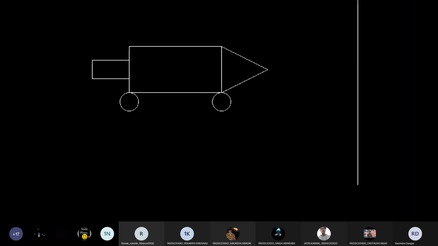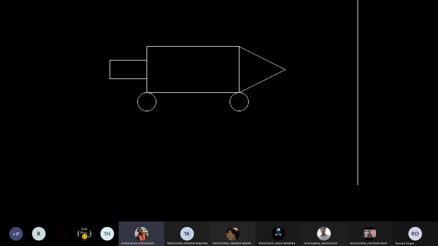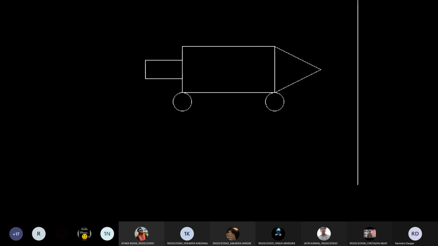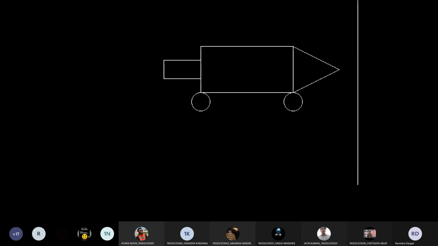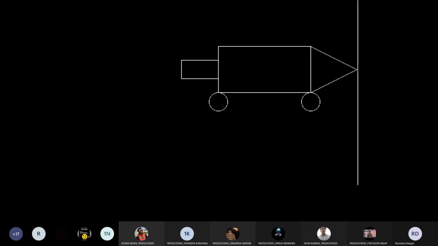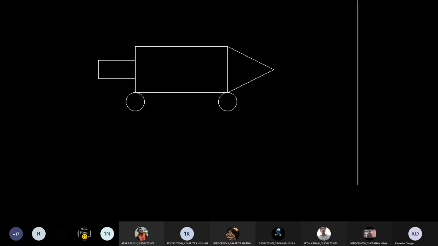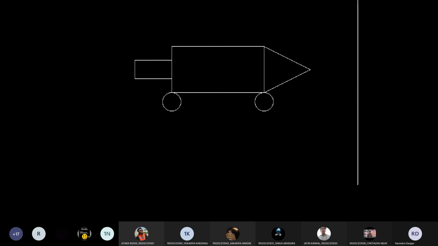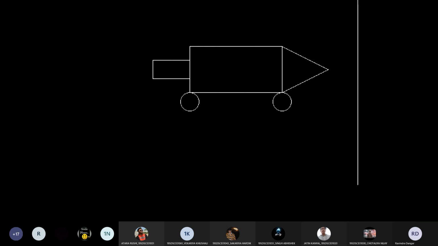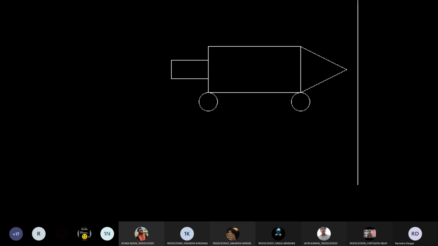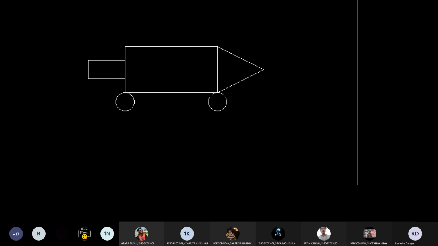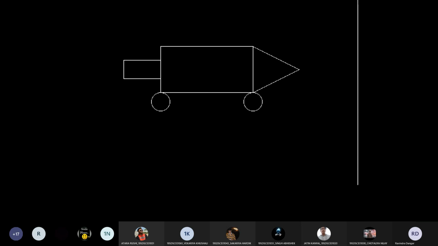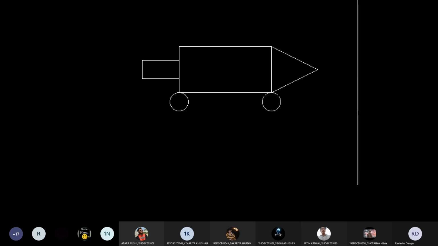Sir, this will never stop. So we don't want to stop it. That is what I was saying. Until and unless you press any key, it should go and it should execute the entire process. You can see. And this is what I have asked in the beginning. Until user press any key, you need to move this object, and as soon as the object touches the line, it should start from the original position again. So now it is perfect.